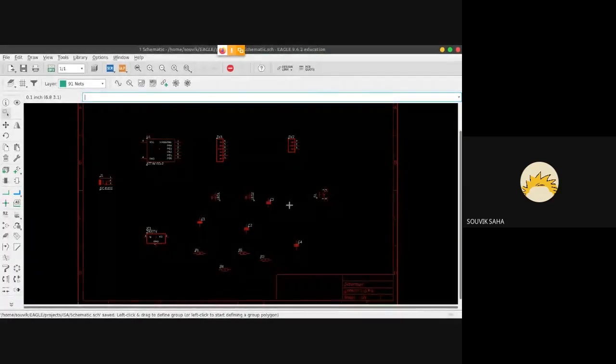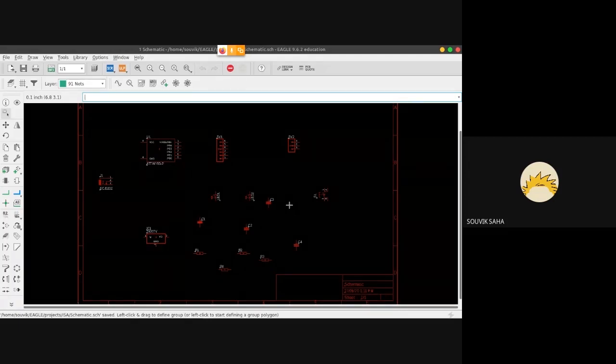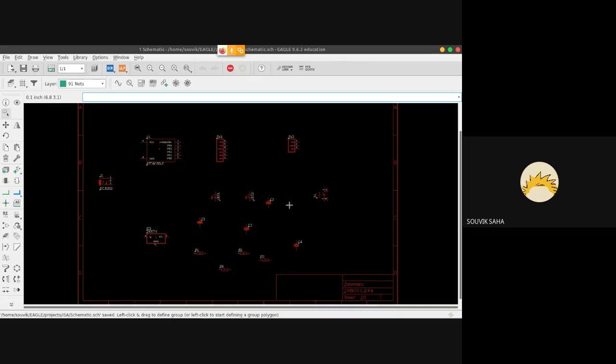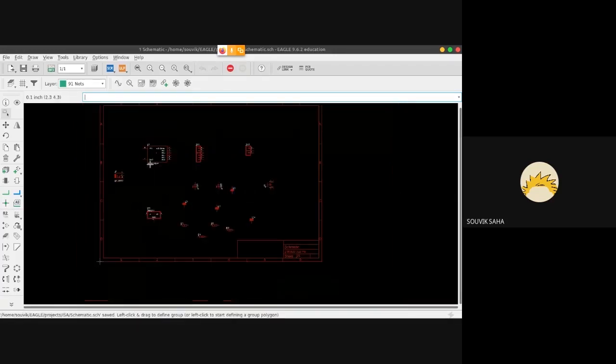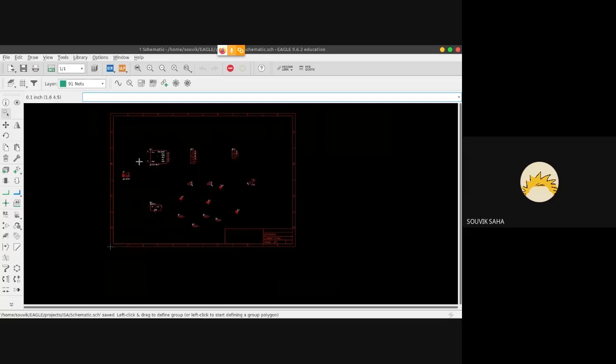So suppose I'm working on this final year project with a couple of my friends, and we want to collaborate on this schematic. Say we've assigned certain roles, like I'll be working on the power section, my friend will work on the microcontroller section or something like that. In this current scenario, it's not really possible to collaborate in such a way. So for collaboration and all those sharing purposes, we use GitHub.